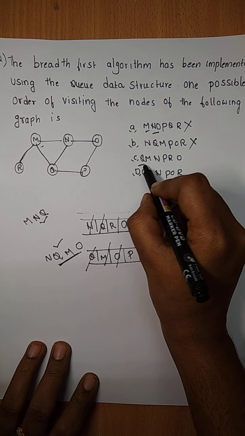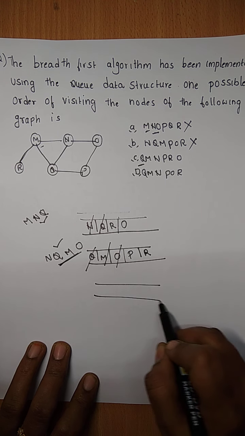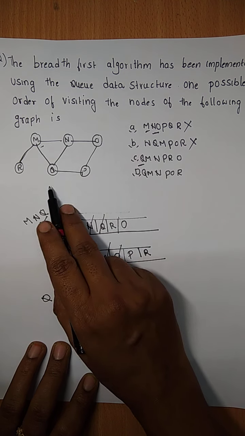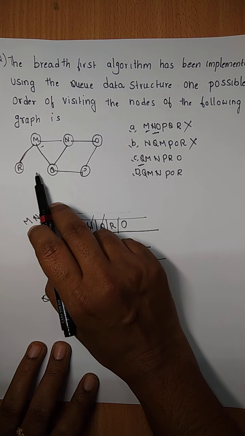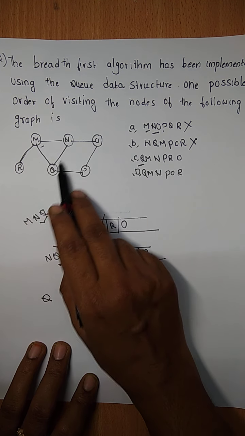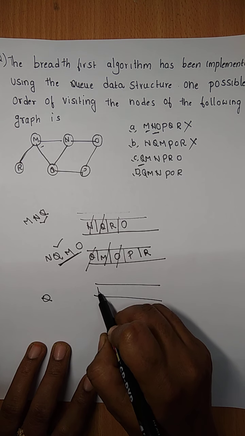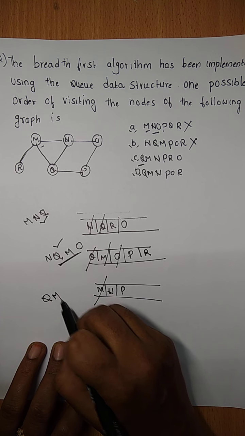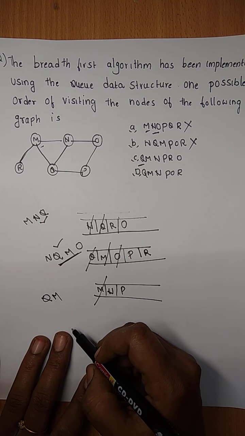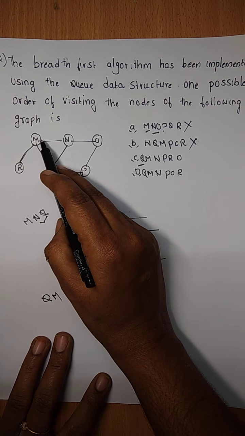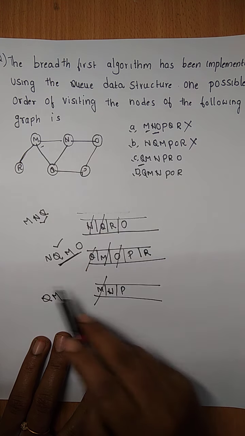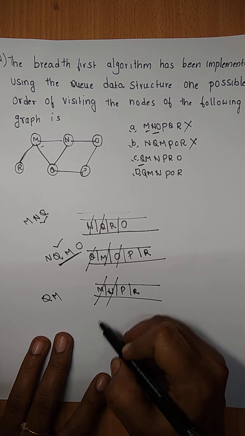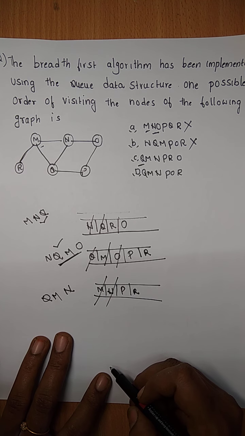Now the next starting element is Q. So mark Q as visited and insert the adjacent non-visited vertices of Q into the queue. What are the adjacent non-visited vertices of Q? M, N, P. Now remove M from the front of the queue and mark it as visited, and insert the adjacent non-visited vertices of M into the queue. N is already in the queue, and insert R into the queue. Now N is at the front of the queue, so remove it and mark it as visited,